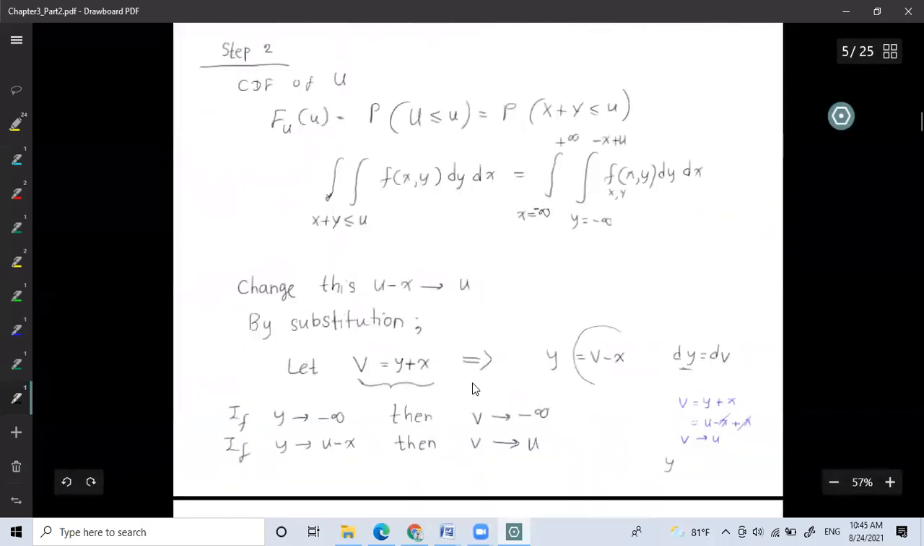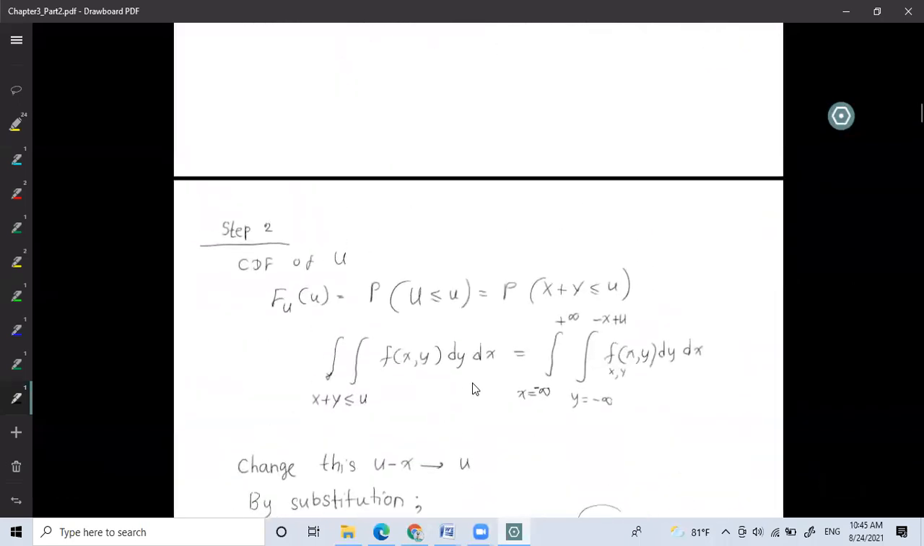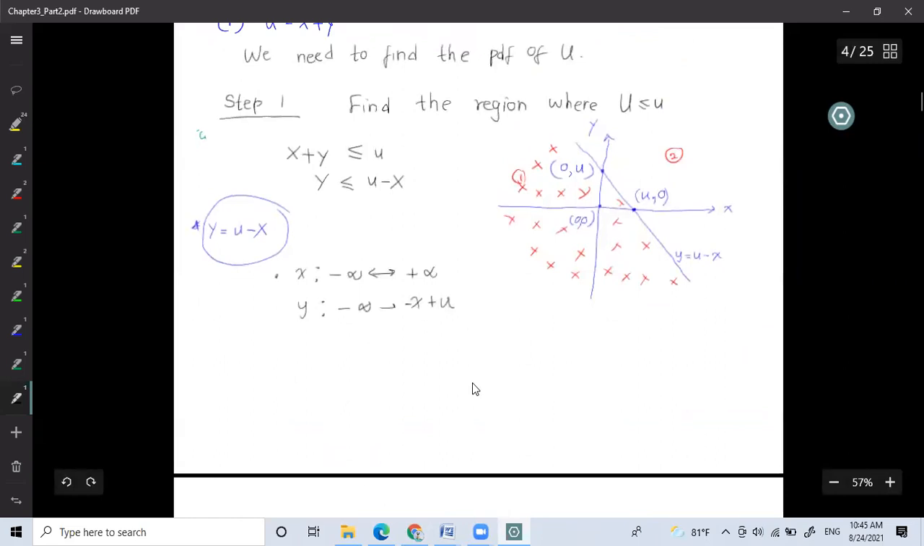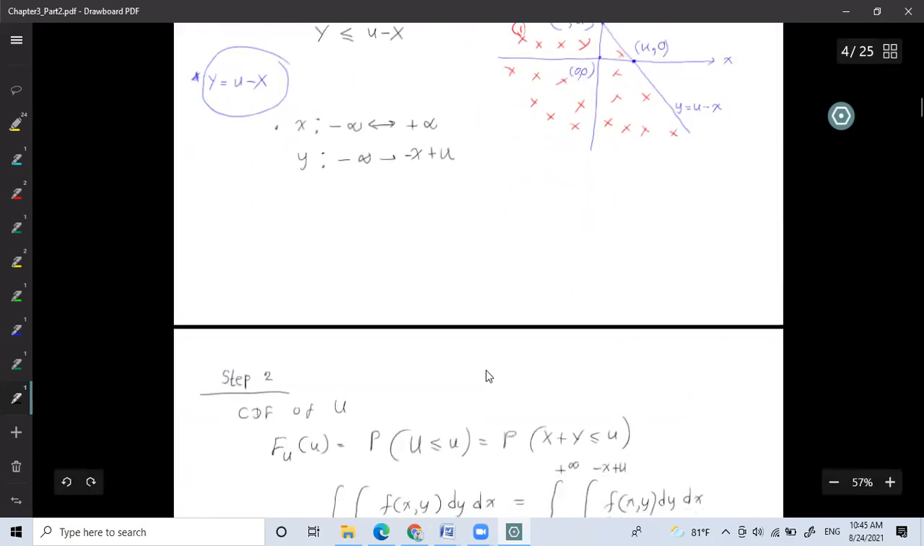I recommend you should know these three steps. Not by heart, but with the explanation and with the understanding. So how to get the region, how to get these limits. Not by heart,